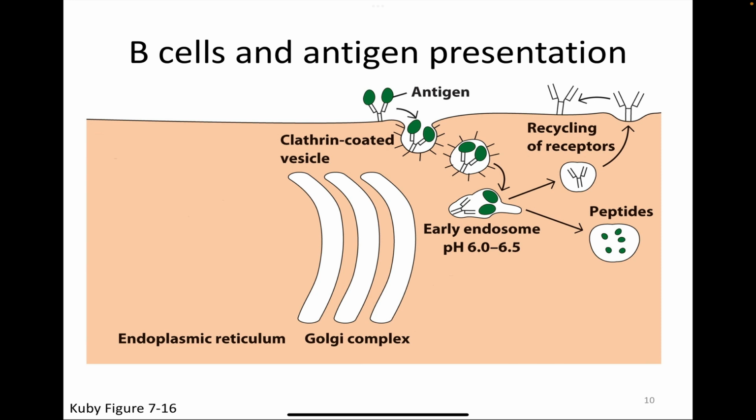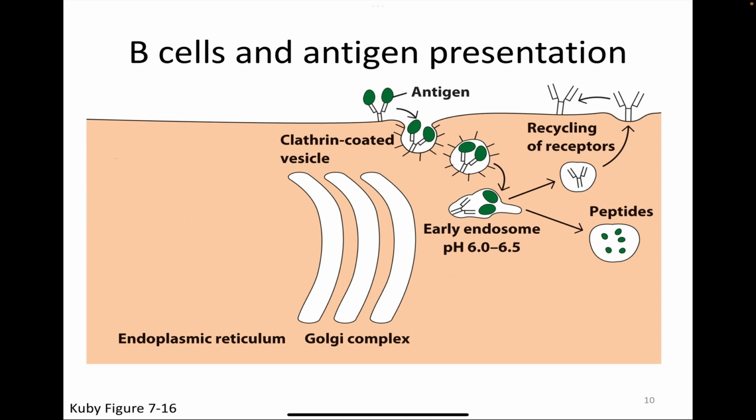And so the name for this special kind of endocytosis is receptor mediated endocytosis. So B cells don't do phagocytosis, but they use their B cell receptor to do receptor-mediated endocytosis and internalize the